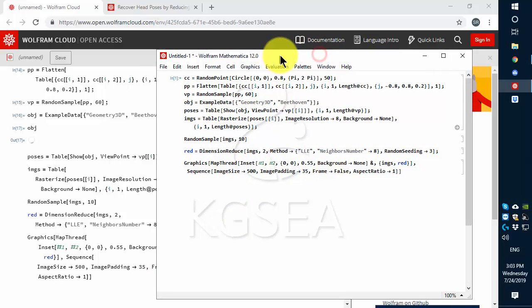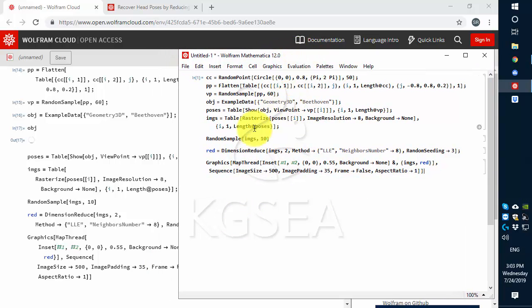Okay, the desktop version finished first, so I will use this to explain. Here, the CC is just picking random points on a circle. So I wanted to show you this here, the circle going from here to here. I can use graphics to show you. So graphics,